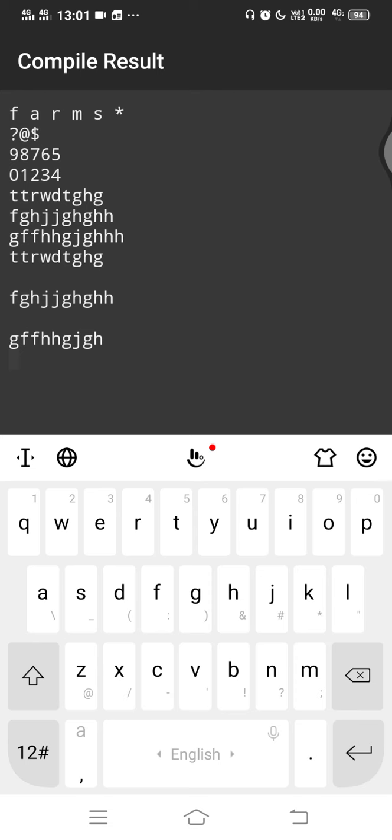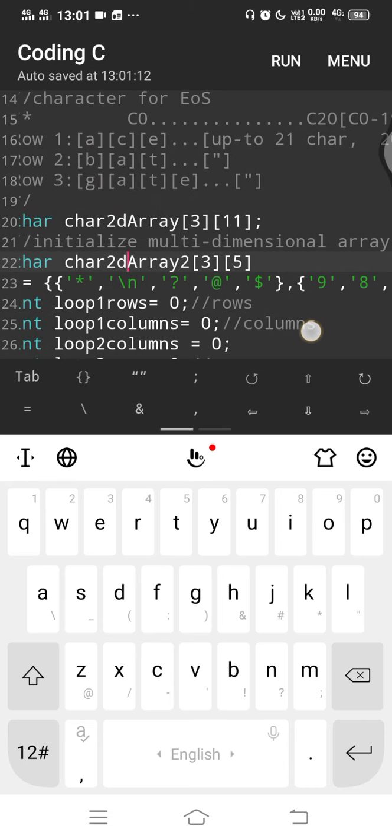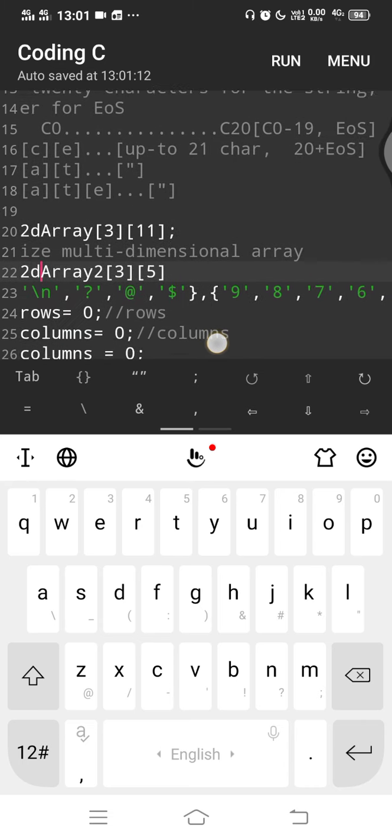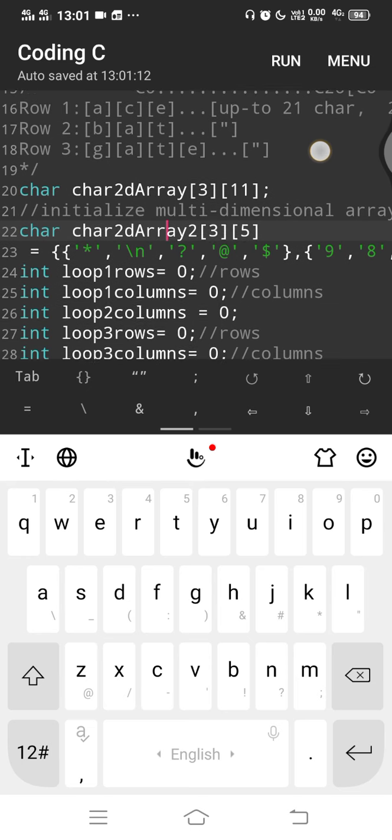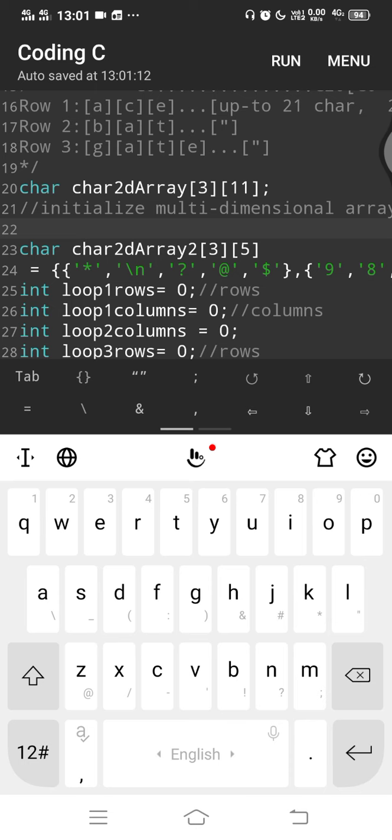So yeah. So you can see how we have initialized the multidimensional arrays. And how have we done that? Basically, we've done it in this way that